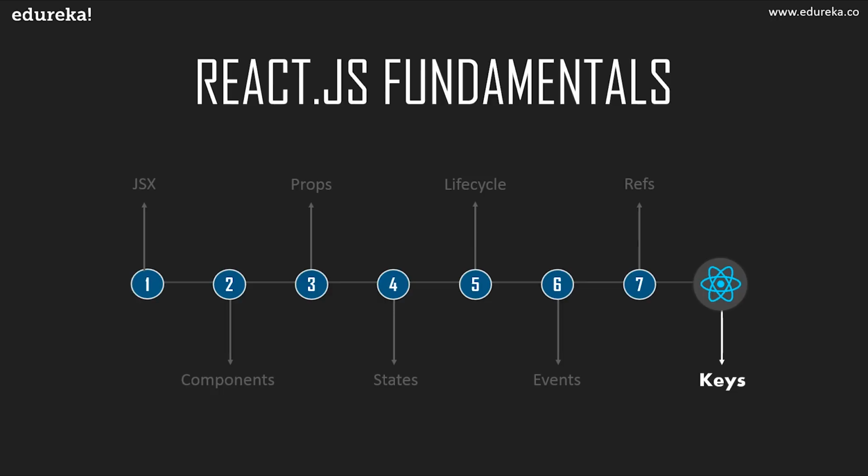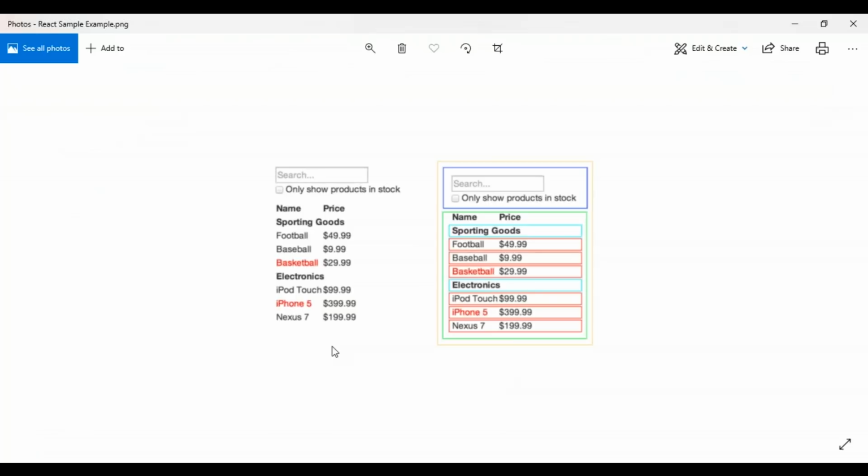So the project requirement starts with this particular example. In this example, what you can see is that you have to implement a search functionality where users can search from this particular text box, and whatever they search will be visible on the screen with that search result or that search keyword.